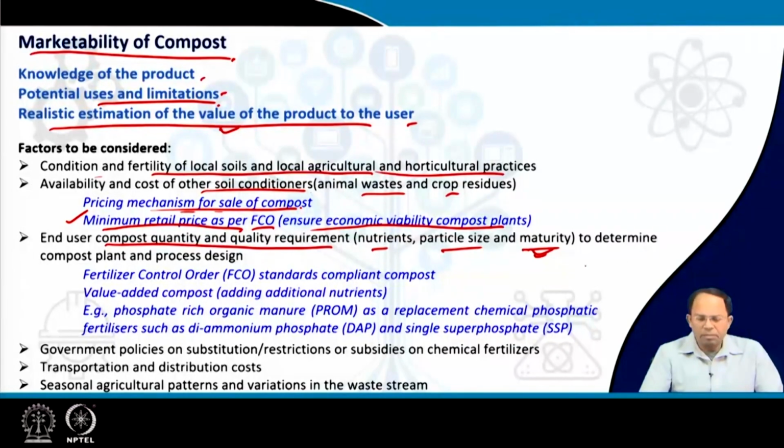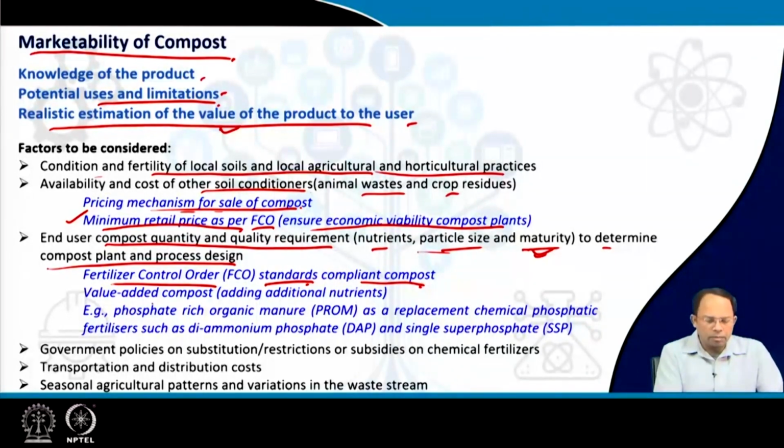And so, this determines what people want. Based on that, we should design our compost plant and the processes we adopt within that plant. So the design of the plant is based on the need for the compost quality. There are standards set by the Fertilizer Control Order. Even the Solid Waste Management Rules give us certain standards. Compost that should be compliant with the Fertilizer Control Order standards is usually for agricultural purposes, whereas the Solid Waste Management Rules give us standards for compost as a soil conditioner.